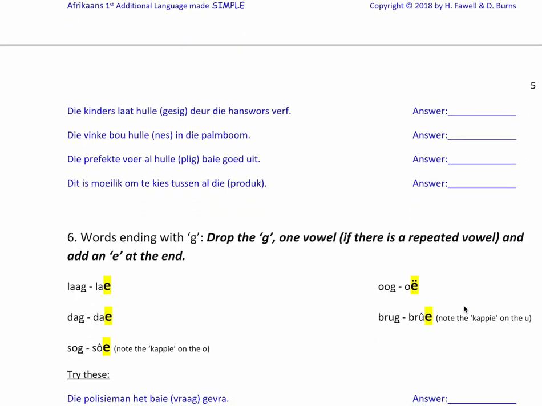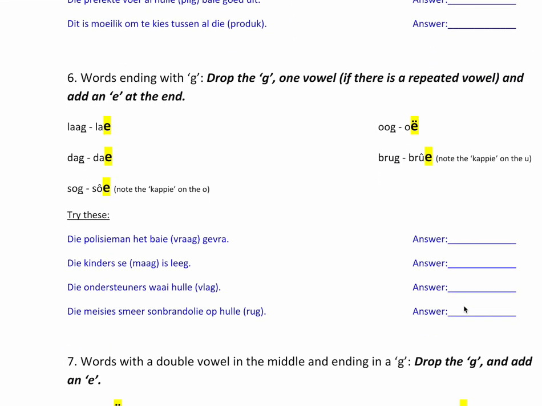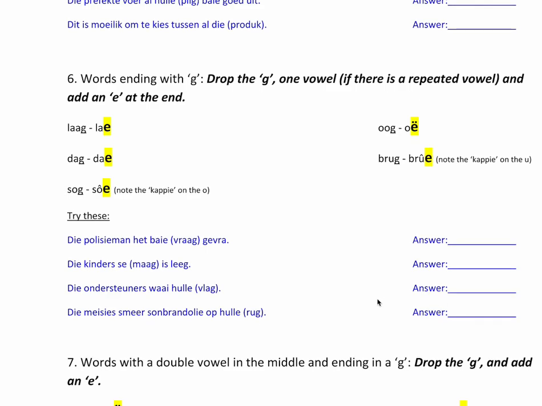Right, let's look at some other examples of meervoud. Good. So if a word ends with a G of a G in Afrikaans, you will drop the G and just add an E. Like for instance, laag will become lage.